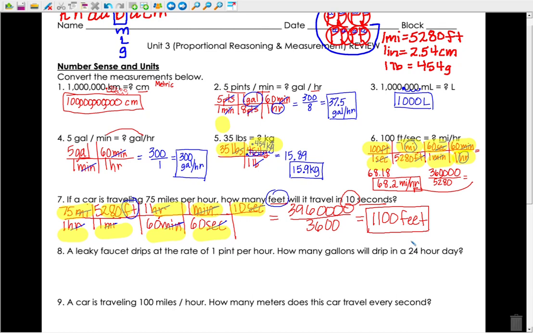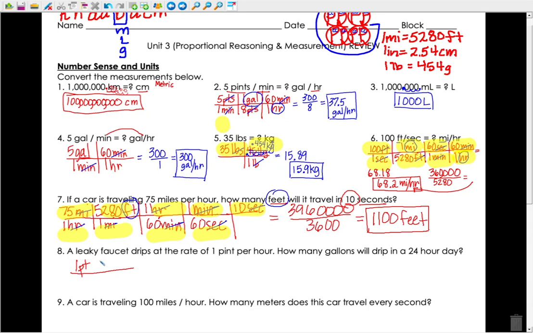A leaky faucet drips at the rate of 1 pint per hour. How many gallons will it drip in a 24-hour day? This one's quite simple because we know that there are 8 pints in 1 gallon, 24 hours in a day. So we can just simply divide on this to get 3 gallons, or we could set up our conversion chart starting with our 1 pint